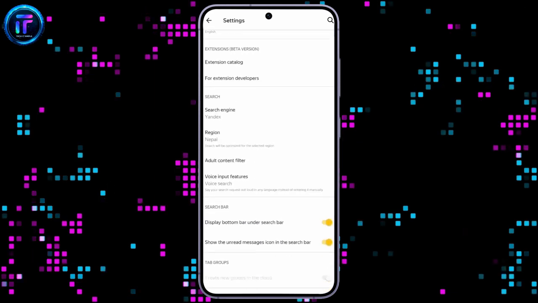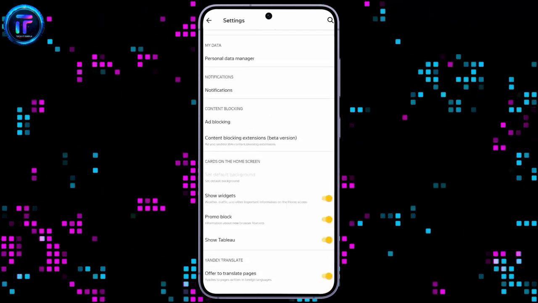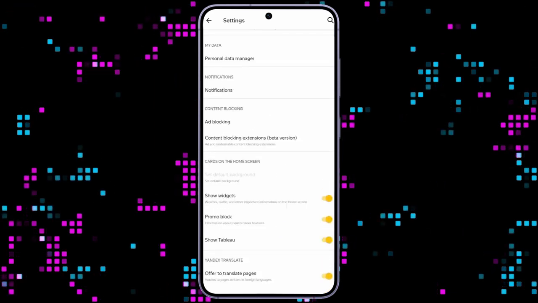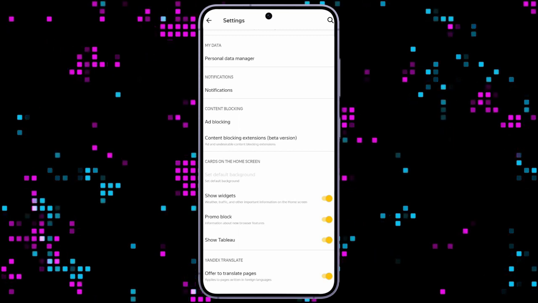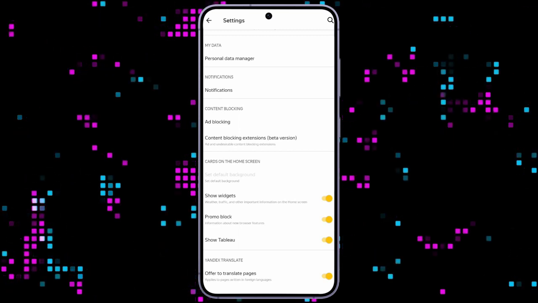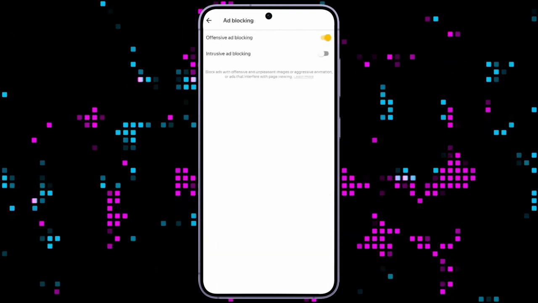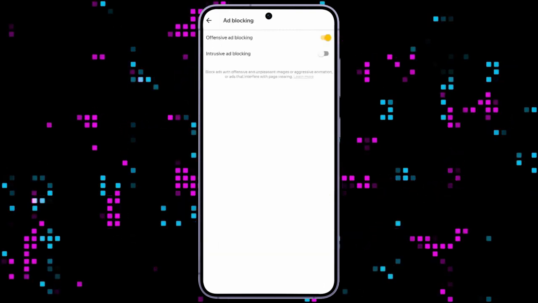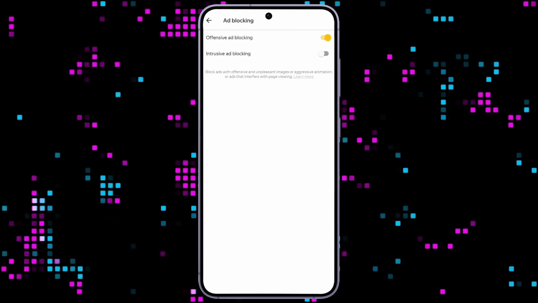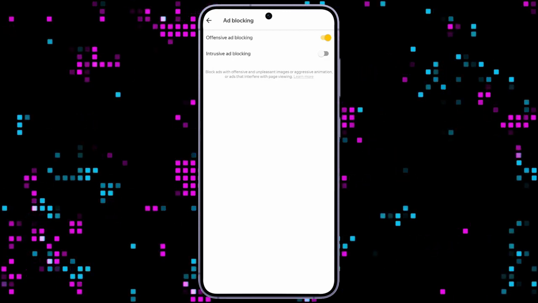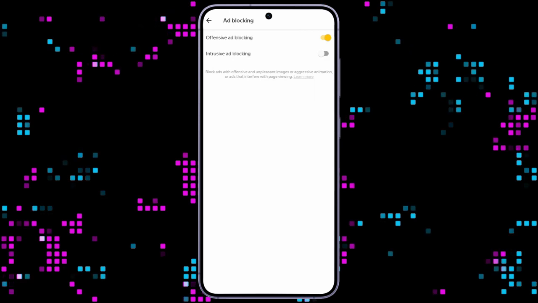Now, after coming to settings, you just simply have to scroll down until you find the content blocking setting. In the content blocking, you will see this ad blocking option at the top. Simply click into that ad blocking option and you will see these two options. You can block offensive and intrusive ads here. In order to do that, simply open the toggle for both and these types of ads will be blocked in